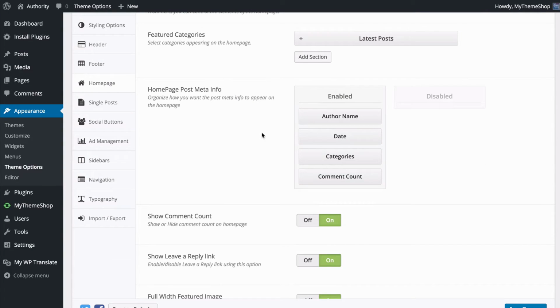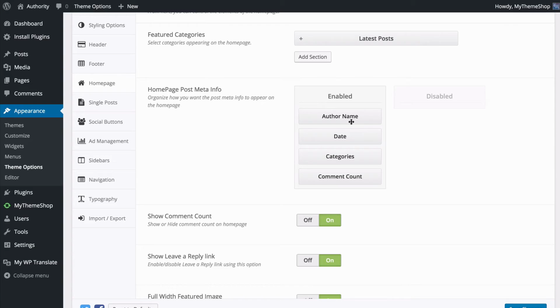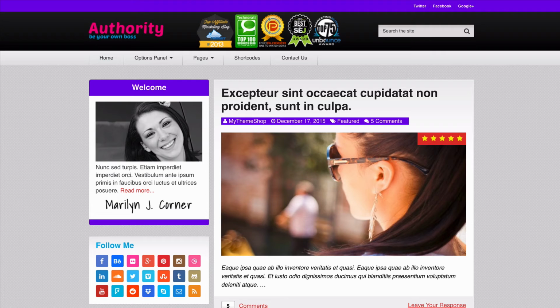You've also got the option to customize the homepage meta information. So you'll see at the moment we've got the author name, date, category, and number of comments, but you can disable these as well as drag them around in order to rearrange them. So if we wanted to perhaps get rid of the comment count, we could just drag and drop it to disabled. And in order to customize these and move them around, you can just drag and drop here. So if we just put the date displaying first, you'll see what that looks like